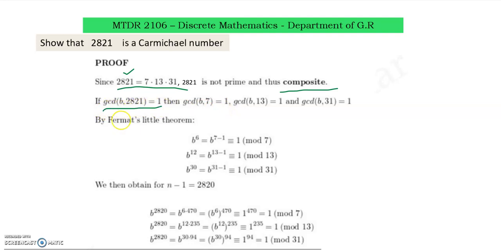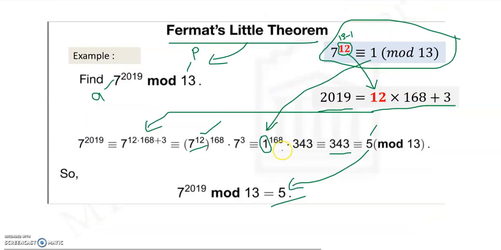Suppose we assume that this is true, GCD of B and 2A21 is equal to 1. Then we can write GCD of B comma 7, because we write 2A21 as a multiple of 7, 13, 31. So we can write this, and GCD of any number B comma 13 is 1. Similarly, GCD of any number B comma 31 is also 1. Now what Fermat's little theorem says, first you take this from this one. By Fermat's little theorem we can write this. Why? Because you see here,